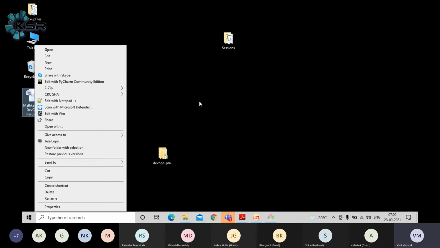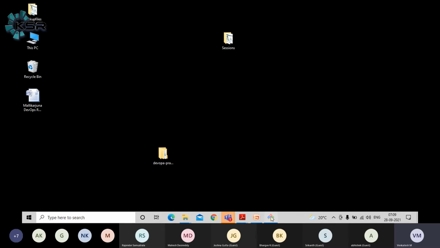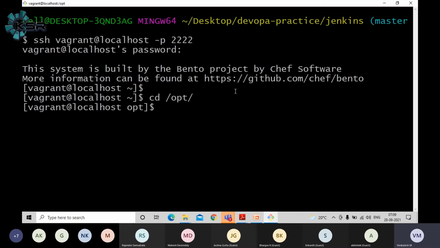Just like that, in Linux also you can always become the administrator user with a set of commands. To do that, you should use sudo su. When you pass this command, you will become the root user, that means the administrative user. You can do anything in any folder. You can add users, you can remove users, anything, with this permission.